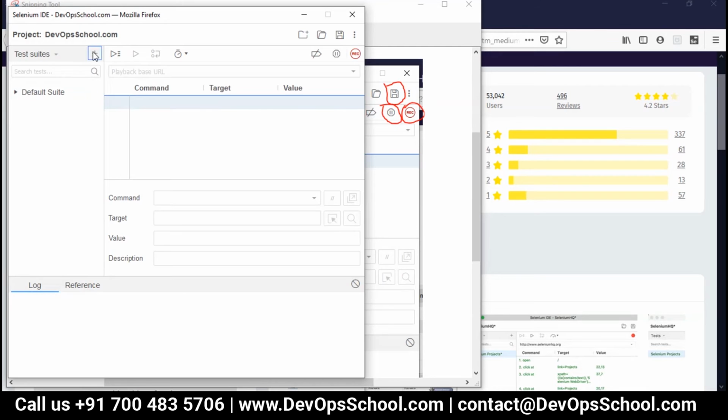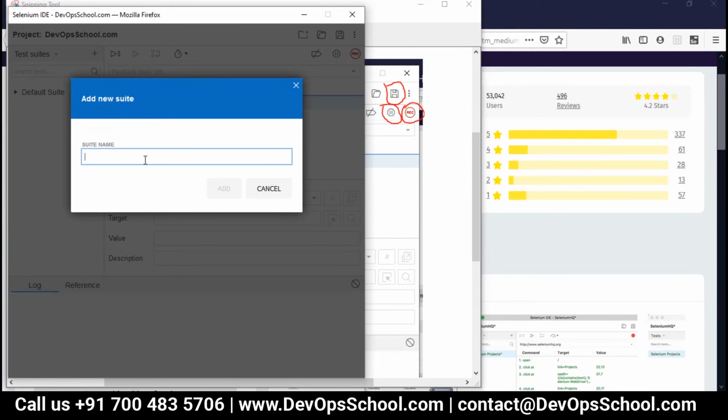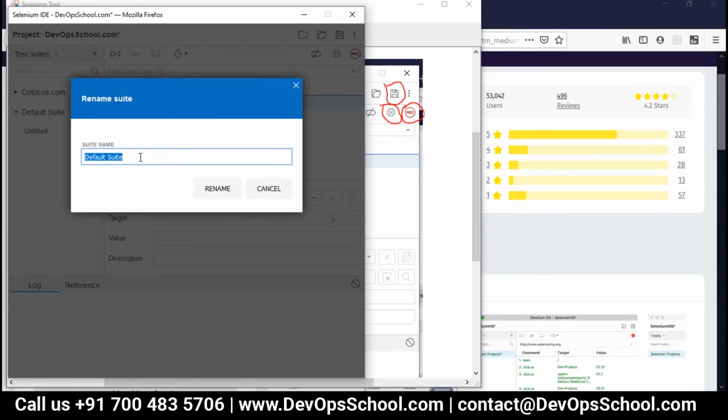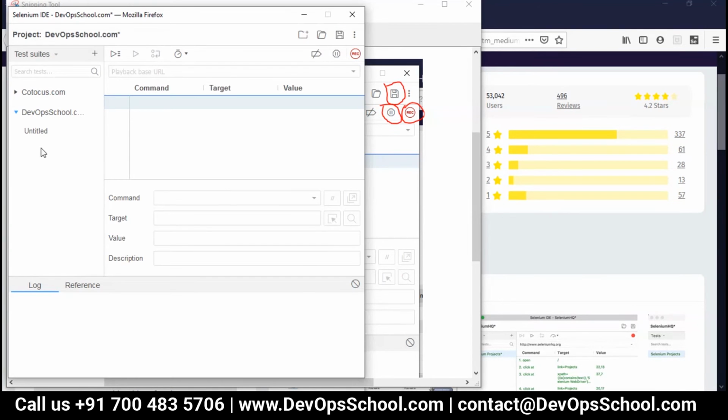You can create more test suites, for example for the complete site. I will rename this default one to DevOpsSchool.com. So right now I created two test suites.